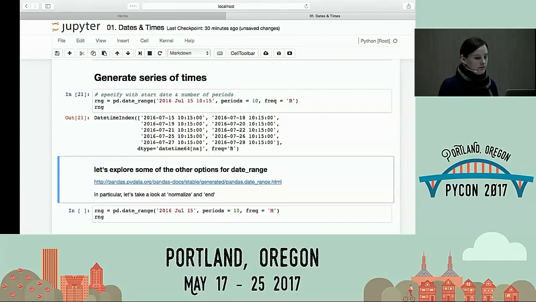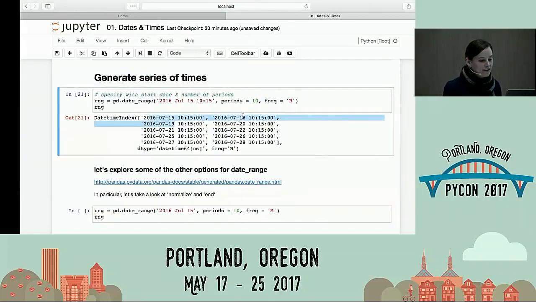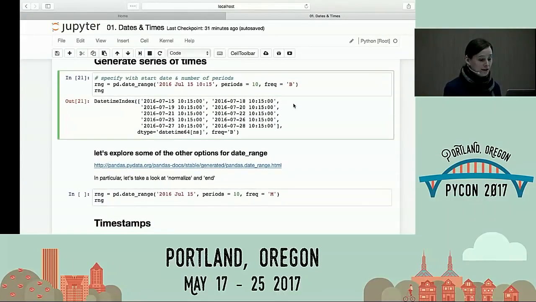What's this one? Put in a B. Bi-weekly? Well, I went from 7/15, 2016 to 7/18, 2016, so I didn't skip a week. 7/19. Weekdays, business days, exactly. So it's got a lot of functionality to deal with business-related things. You can define a custom business calendar. You can use a standard business calendar. So you can do things that will match the stock market, or maybe match your company if your company only does Monday to Friday, et cetera.